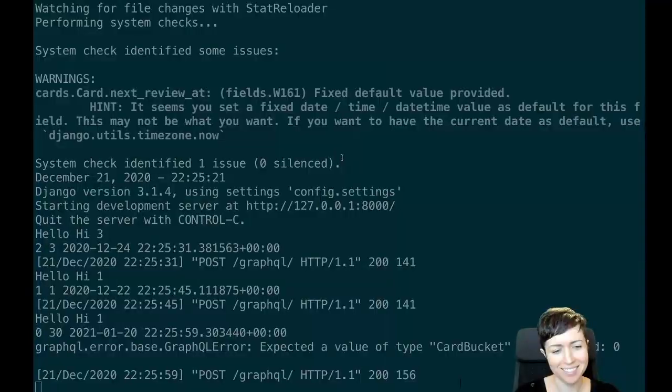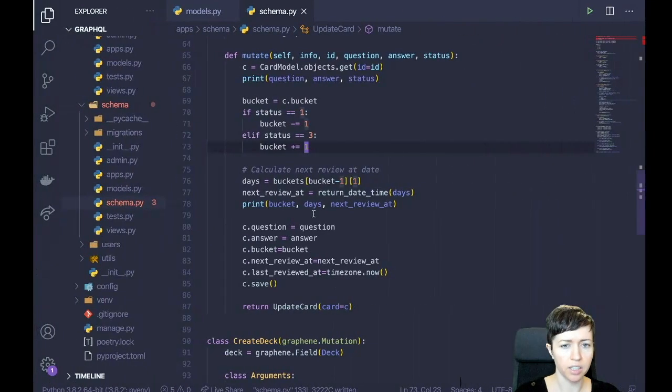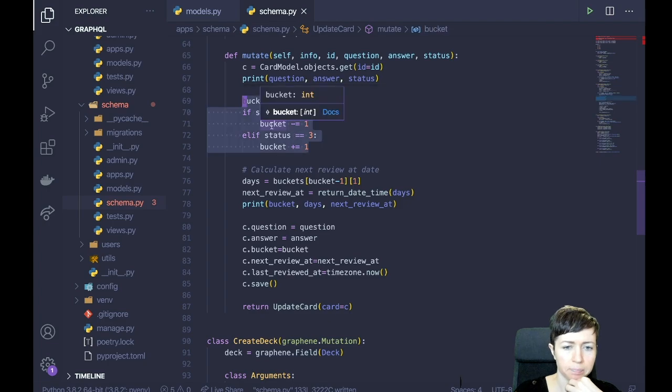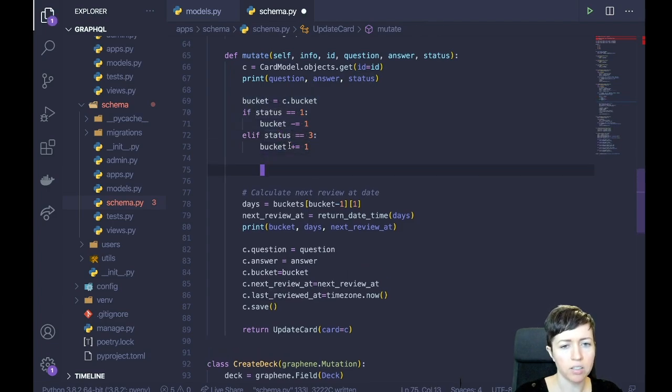Except for the error, of course. So, what is this? GraphQL error, expected a value of type card bucket, but received 0. So all I'm going to do here is if there's an error, no, actually I'm going to wrap this, no. Let's see, or I could just check if bucket's out of bounds here. Instead of, I shouldn't be checking down there. So I could just check like here if